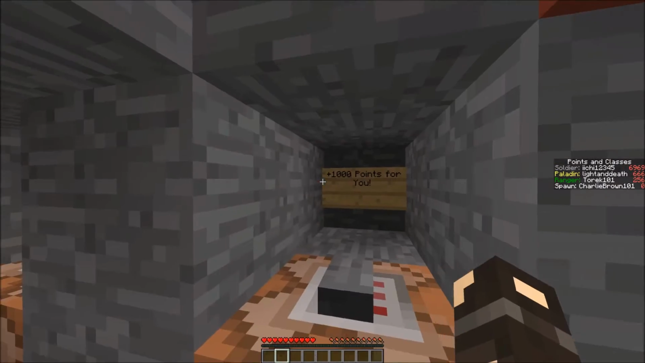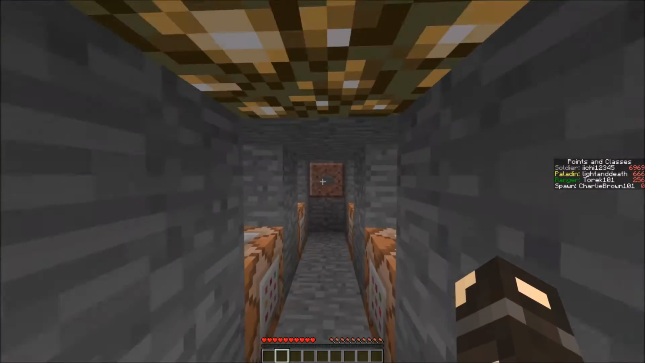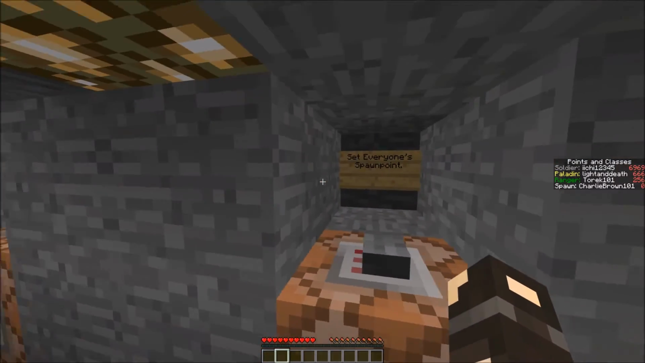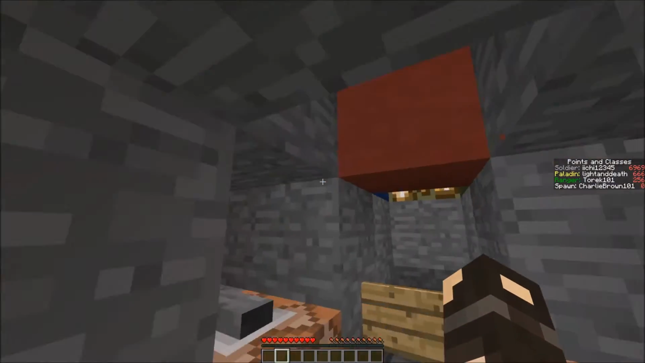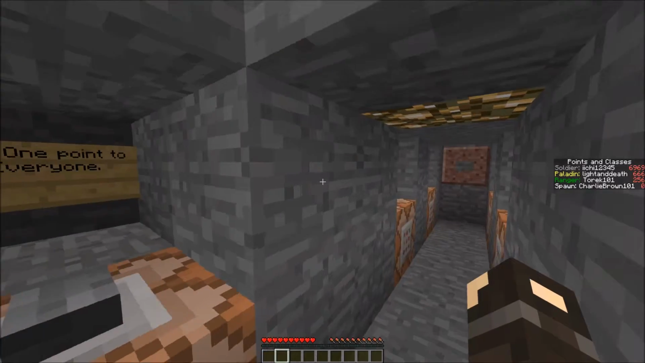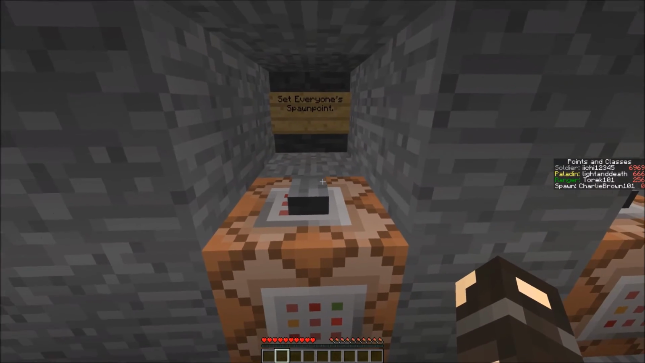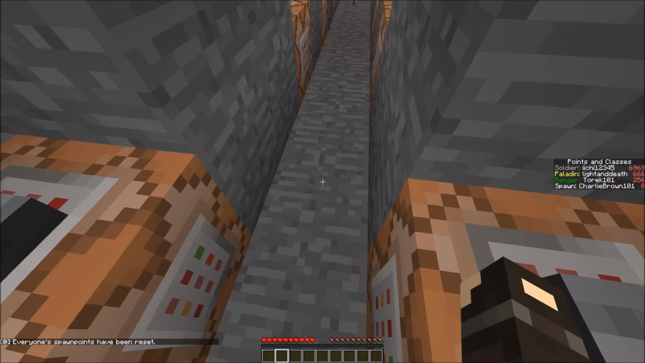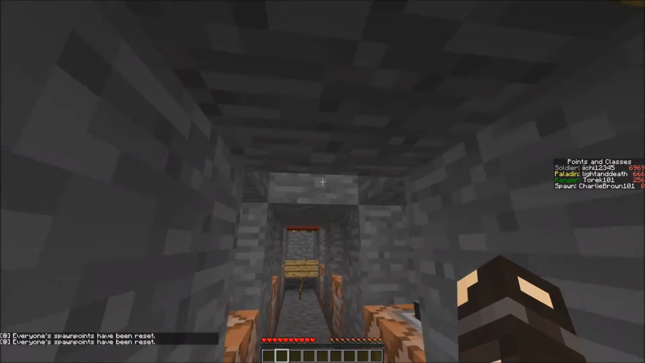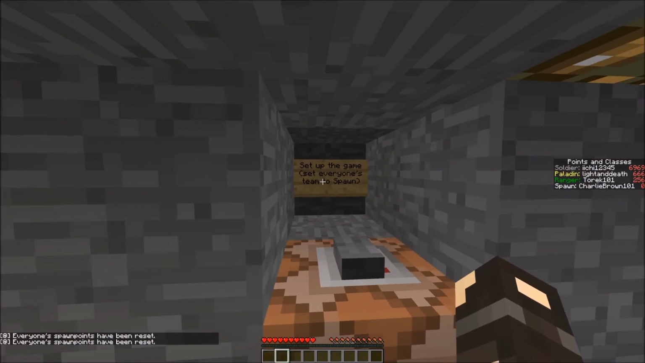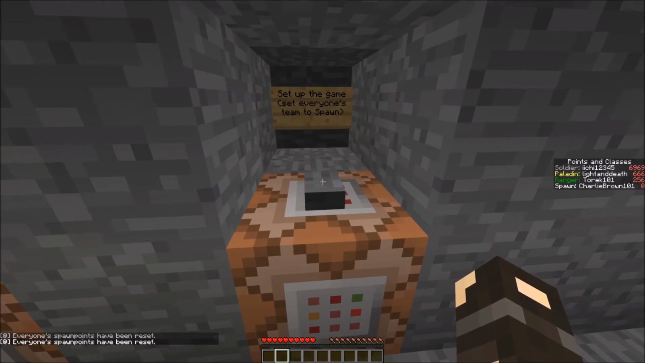So this is the Cheaty Room reset. If a new player joins, this is pretty important. Sorry, I put it at the end. I didn't remember earlier. But you have to go into the Cheaty Room. Whenever a new player joins, you have to reset their spawn point. So it'll tell you everyone's spawn points have been reset. And it'll set it into that room. And then you have to change them to spawn. Because